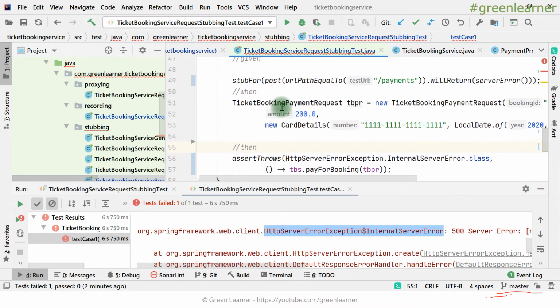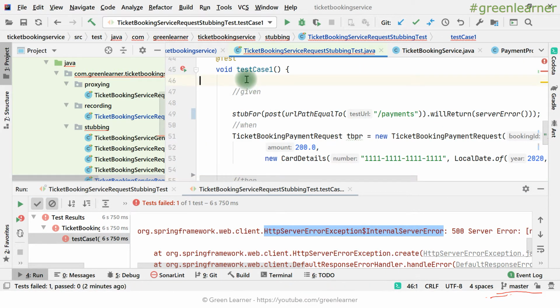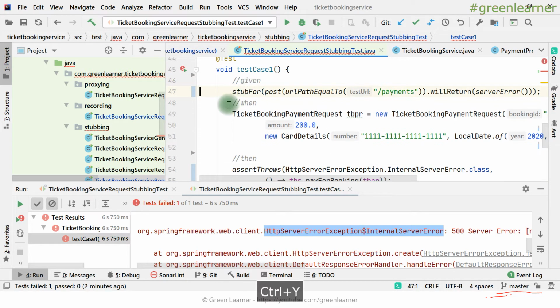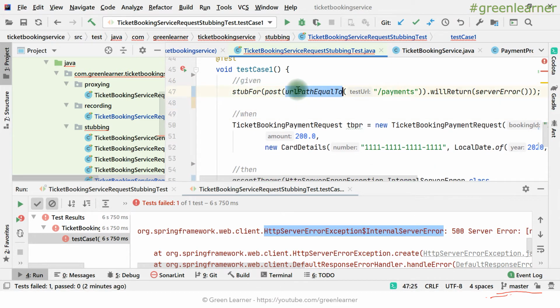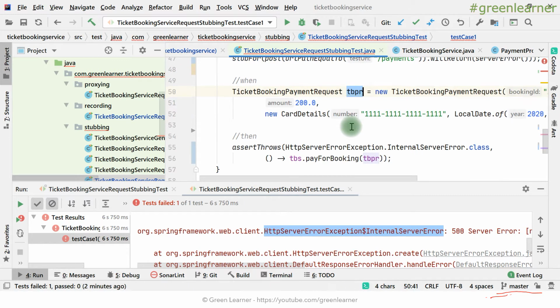So now the flow is like this. See how many lines we have reduced to write the exception test, right? This is the stubbing part, this is the request preparation part, and this is the actual call that we are making. So payForBooking will be there, and this call is grabbed in this lambda expression, and then the assertion is happening. This will throw an internal server error, and that will be compared with this one. So with assertThrows, our test will pass.